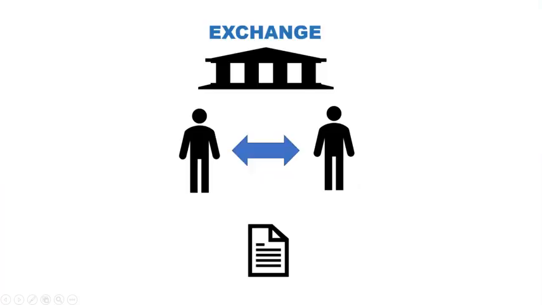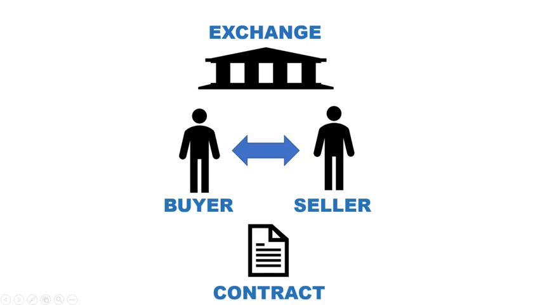The exchange platform brings together a buyer and a seller. For every contract that's traded, there's a buyer and a seller. They agree on the commodity, the delivery date, and the price. No physical corn, wheat, or other commodity has changed hands. That's it. It's just a contract for in the future. The buyer thinks the price can go higher, the seller thinks the price can go lower, and they want to lock it in.